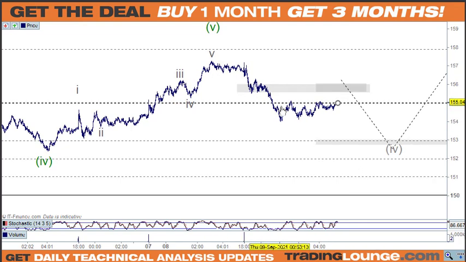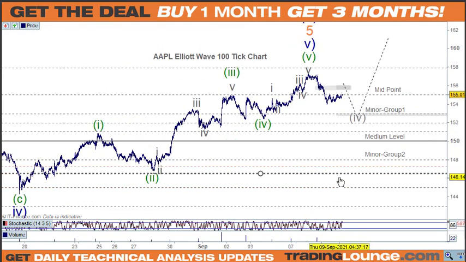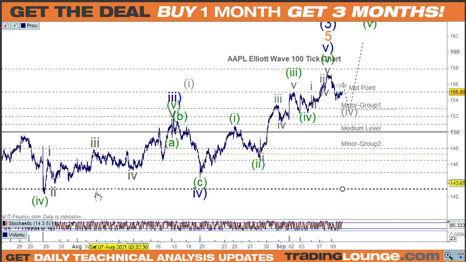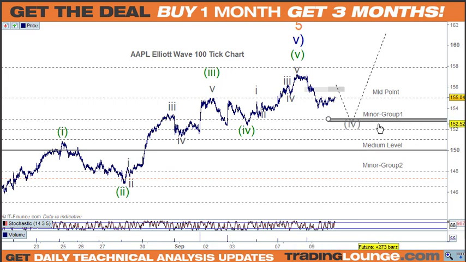we can come down from A, B and C down to this wave 4 back onto 153, top of minor group 1 of this, and then push up again from that point. But I don't know that at this point. I've taken the most conservative count. As I've mentioned, if I've made a mistake, we'd look at this as 1 and 2 here and 3 to here, and this wave 4 coming back into the wave 4 of 1 lesser degree, and the 38.2% retracement level both meet up very close to the top of subgroup minor group 1 there.